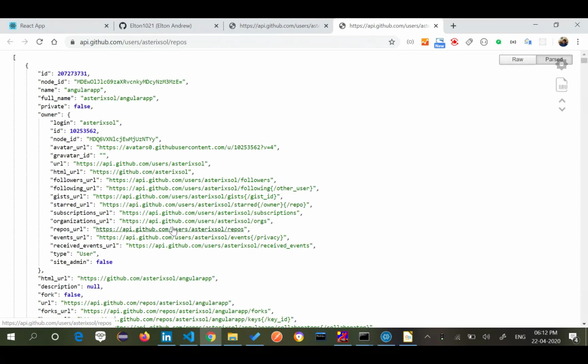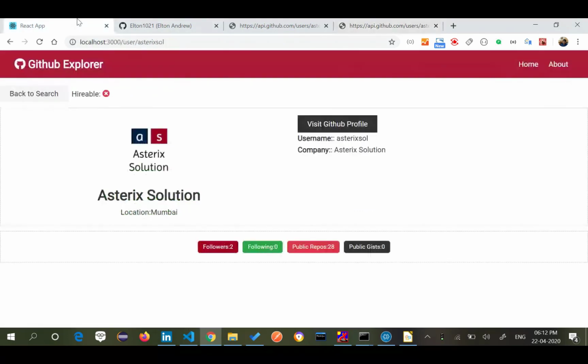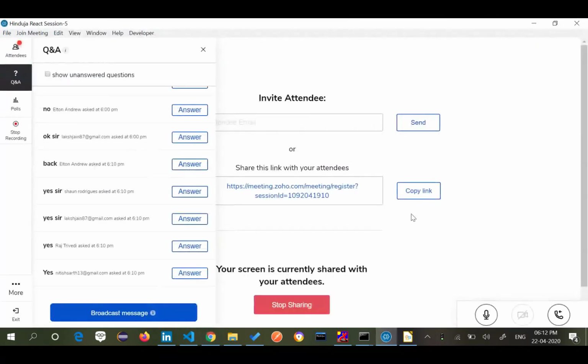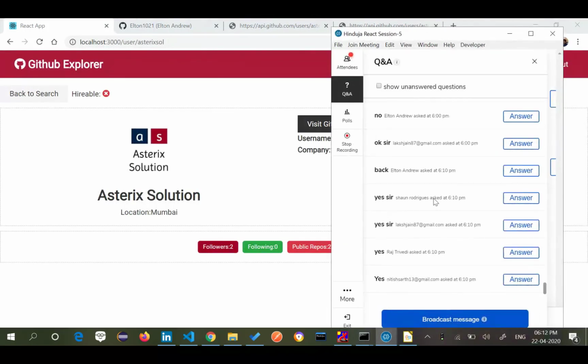So what I'm going to do is call this and create an area below this, and display those values there. To do that, what should be the best approach? I want your answer on this one now, because we are on the last part.